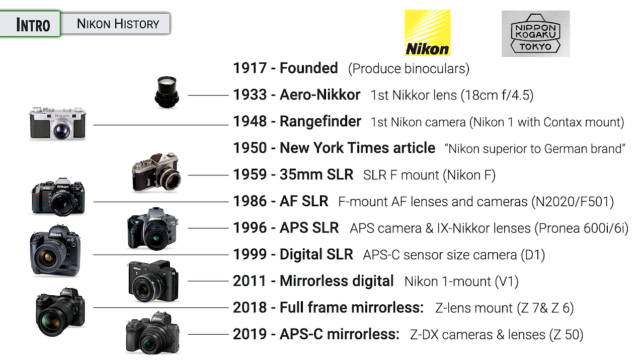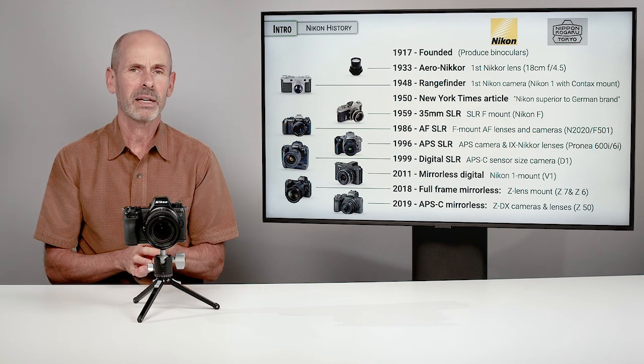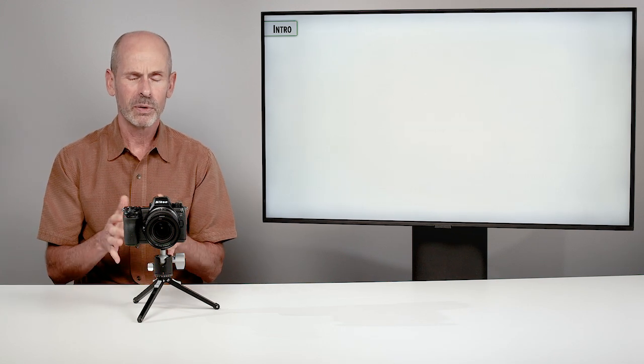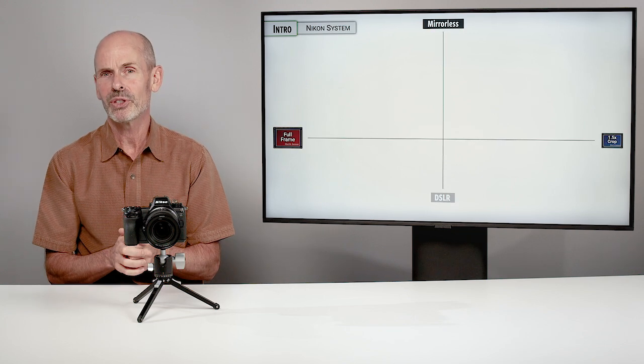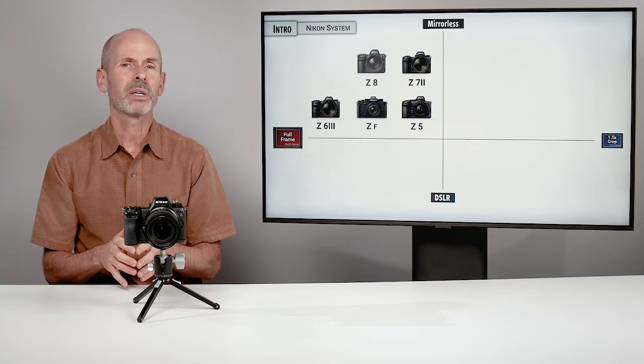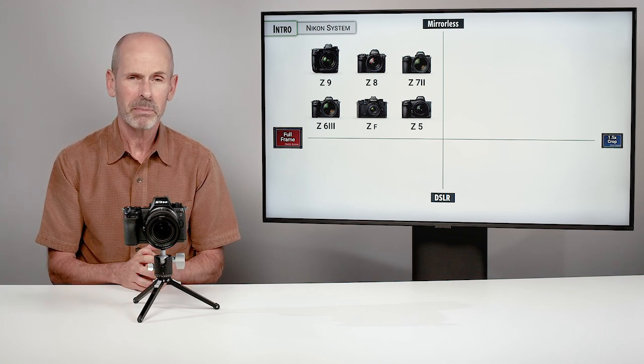1 year later, they came out with a cropped frame version of it. And so that's kind of the brief history of where Nikon has been making their products. They've been known as a fantastic camera and lens manufacturer for a very long period of time. Now, the Nikon system as it stands today is mostly focused on mirrorless cameras and predominantly full-frame mirrorless cameras, which